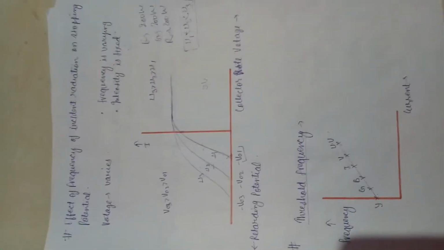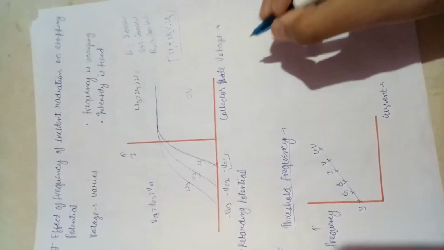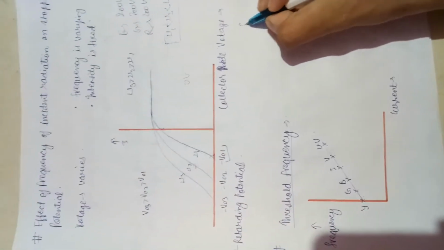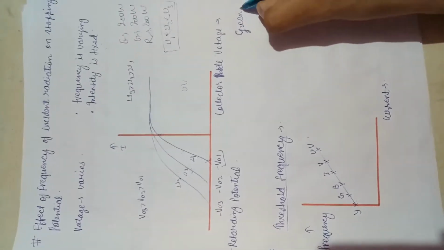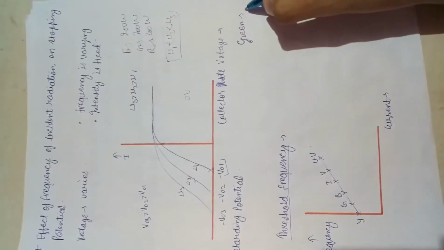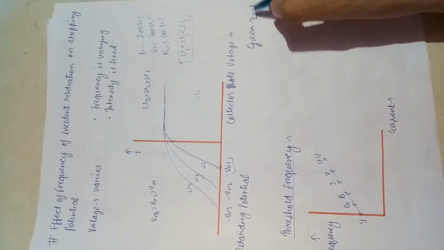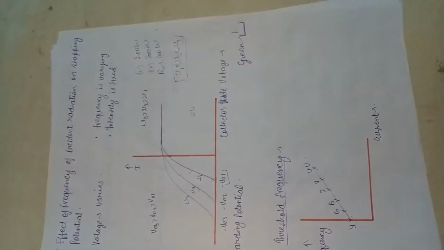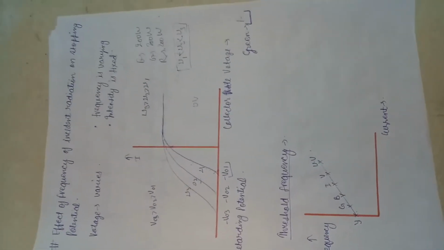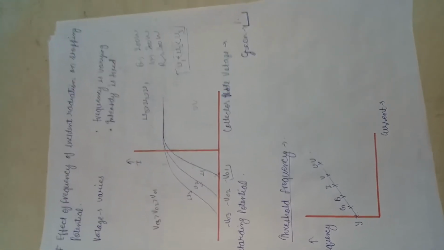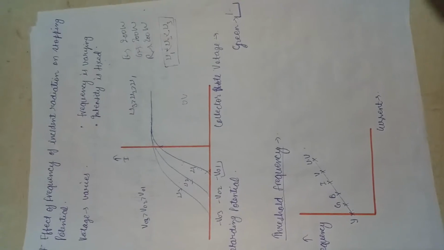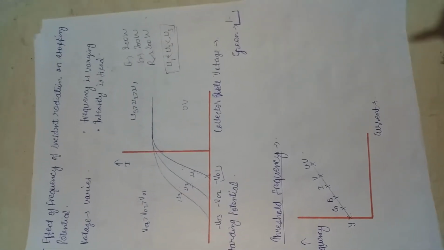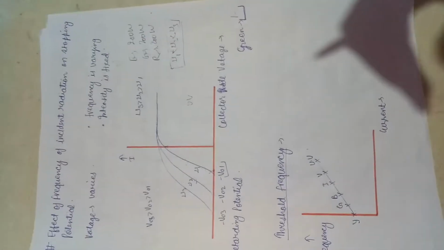Why is this happening? Earlier we took a single color of light, green light, and the green photon had a particular energy. If I have 100 green photons, all 100 green photons have the same energy. But if I have a green photon and a blue photon, the energy of the green and blue will vary.